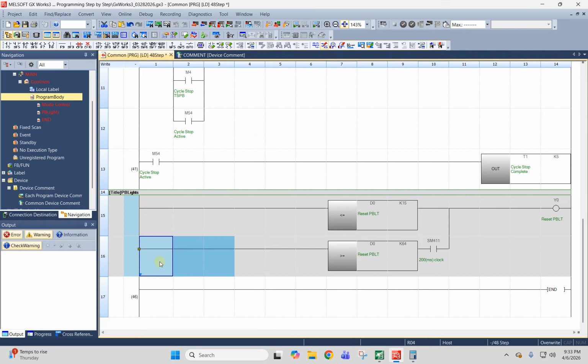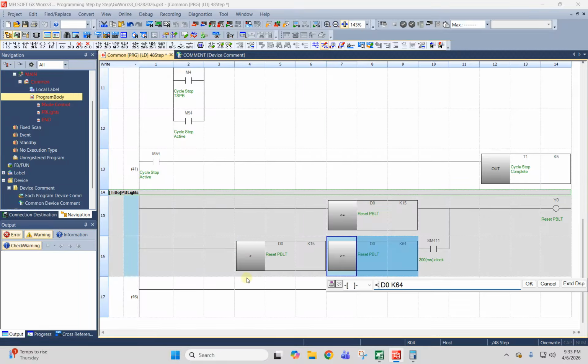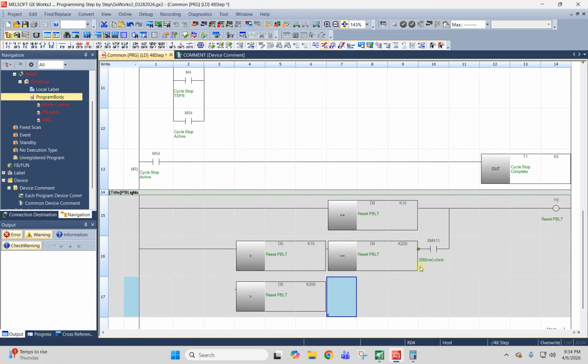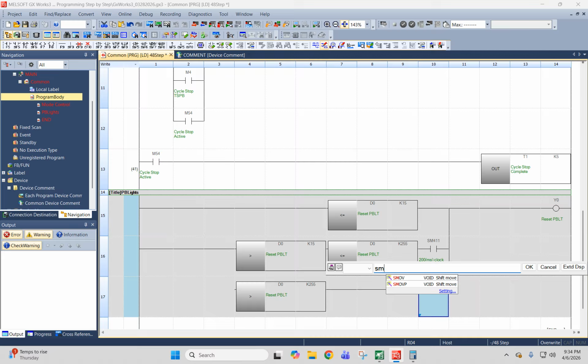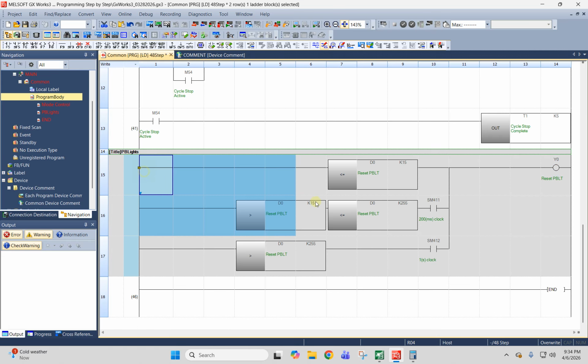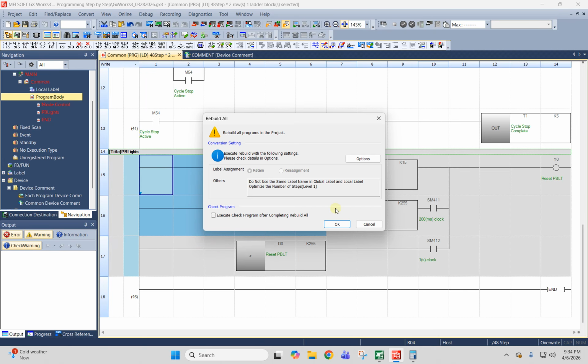You can copy that, paste it: if it's greater than 15 and less than or equal to 255, then we would have a high speed flasher, and then if we are greater than 255, we'll make it a slow speed flasher. So SM412. Now we have flasher logic with 3 different conditions, and we'll do it here. So what we can do is compile, rebuild this,